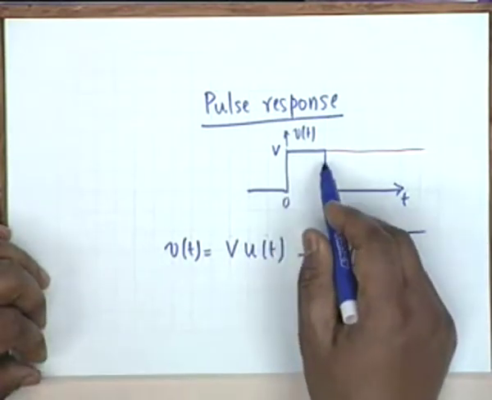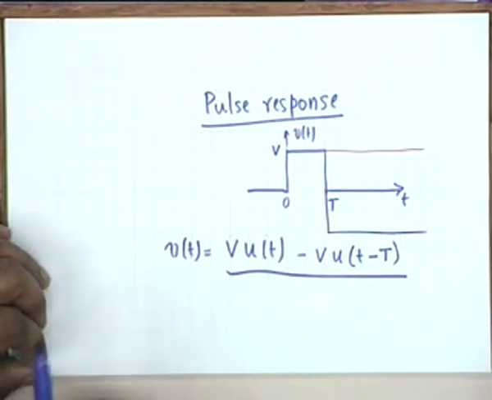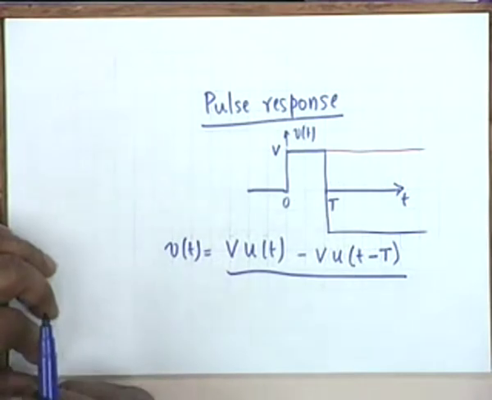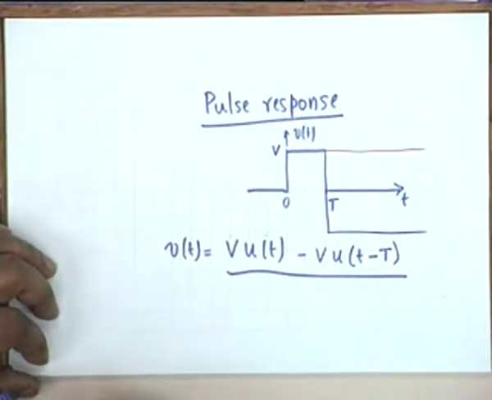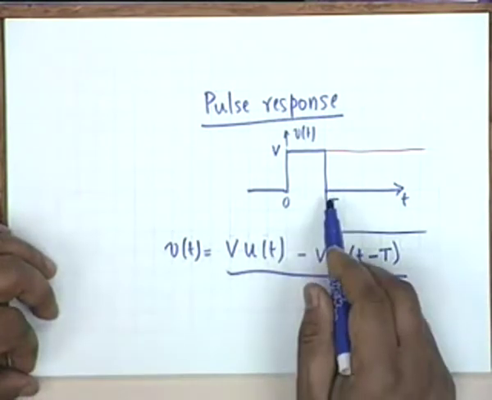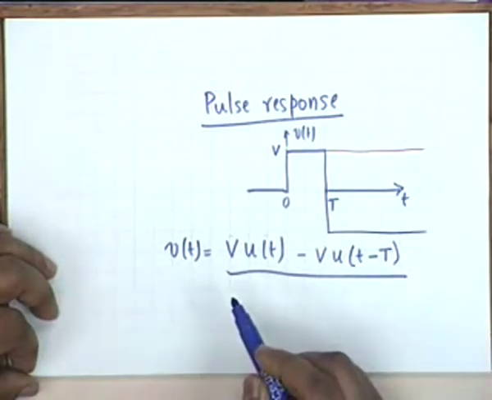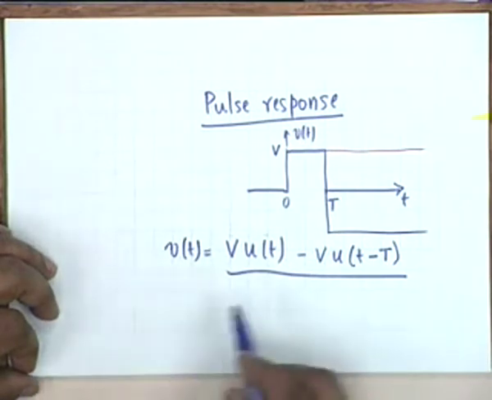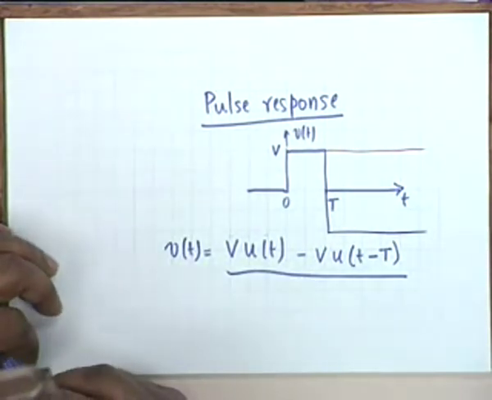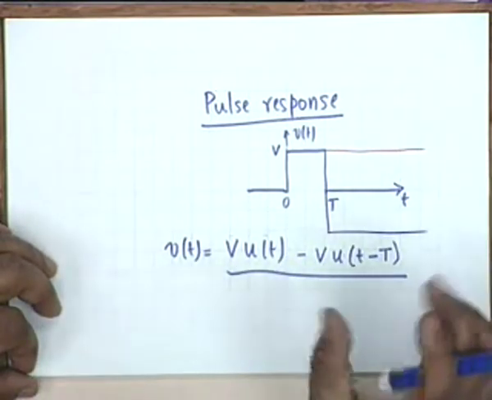This voltage pulse can be represented by the difference between two steps, each of amplitude V, but the second one occurring at a later instant, that is capital T. You see, if you add the red curve with the pink curve, then this is what you get precisely. Alright. Now you also know superposition, and therefore if a voltage can be broken up into two voltages, obviously the